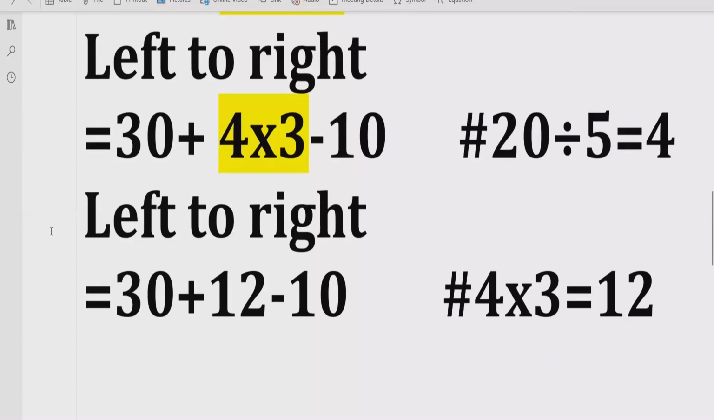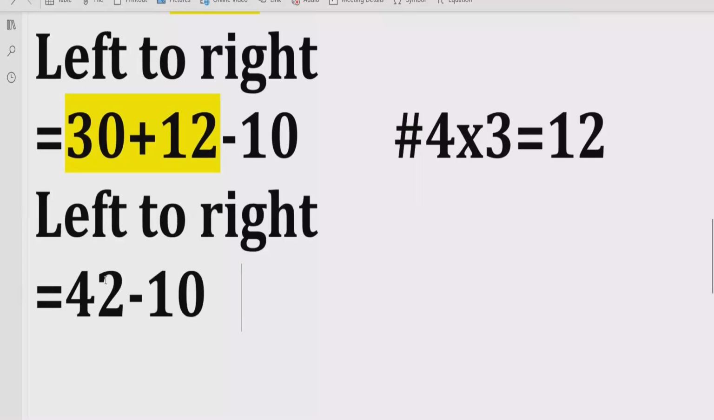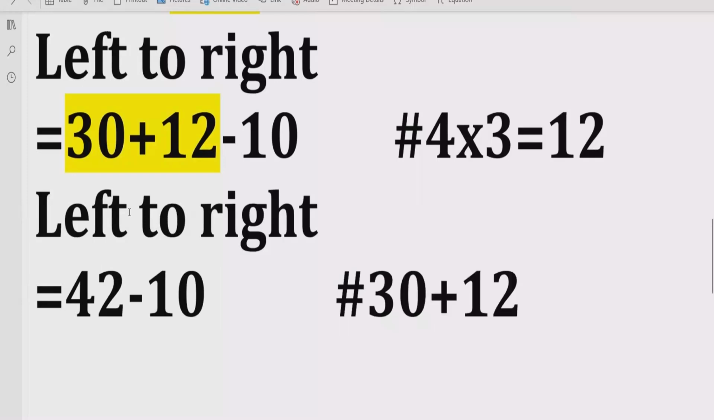Okay, now move forward. Again, we have to go left to right. Now we do not have any division and multiplication. We will have this addition, which is 30 plus 12. So we will add both of them and get the answer 42. Minus 10 we can write as it is. And here we will give the reference: 30 plus 12 equals to